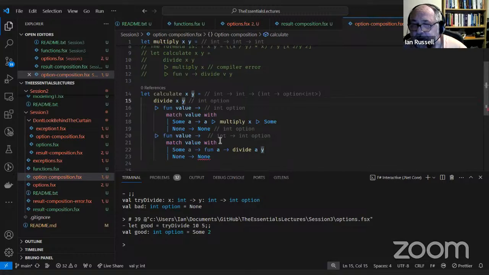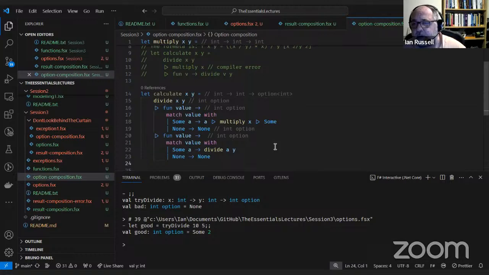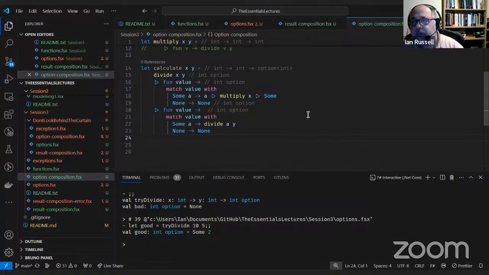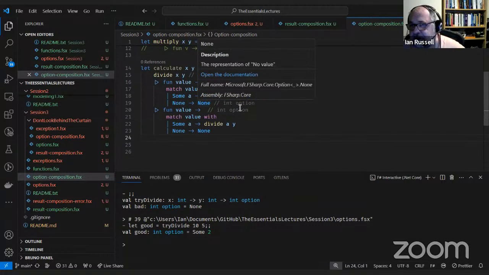What am I missing? Oh, of course I don't need to do that, do I? Just do that. Right, so again, I'm relying on the compiler to tell me when I'm being an idiot, as I was there. So by having the fun in there, I was returning a function from something, and obviously wanted to return the none. So that's my first stage again.